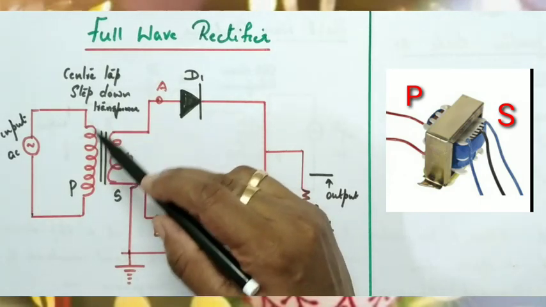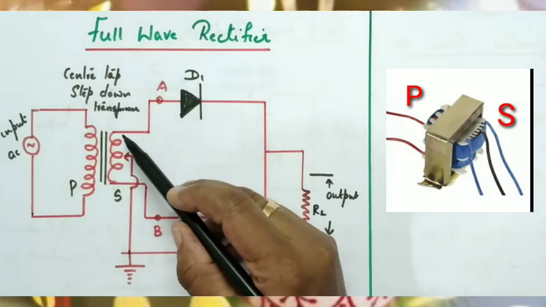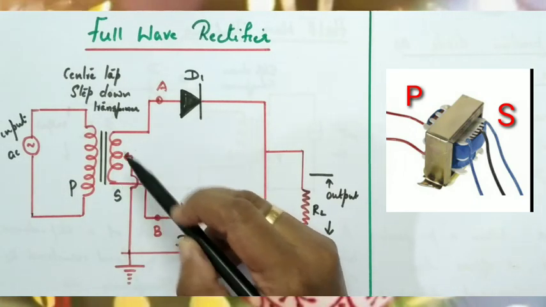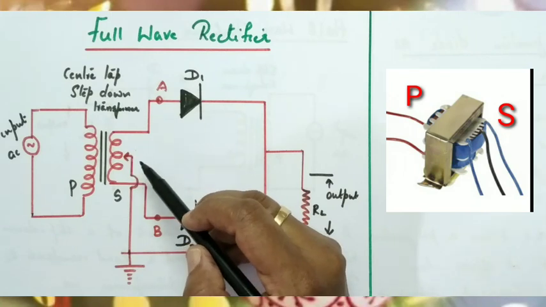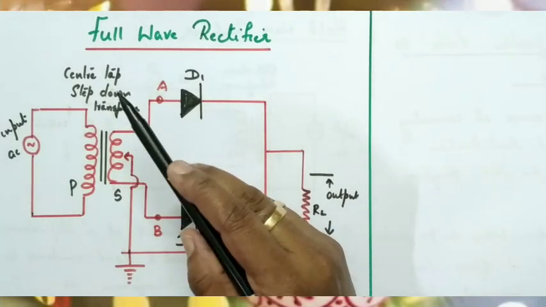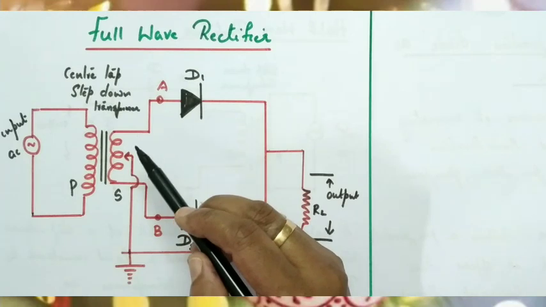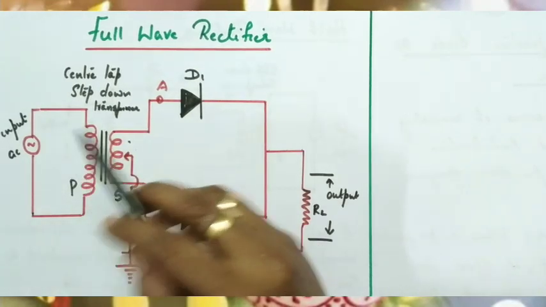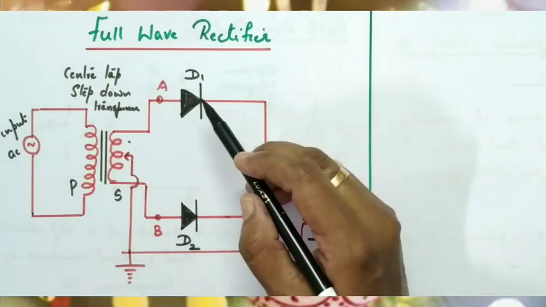So here this is a step down transformer. It consists of two coils, primary coil and secondary coil. Secondary coil consists of three terminals and the middle terminal is called the center tap. That is also used for the connection. Then such a transformer is called a center tapped step down transformer. Why is a step down transformer used? Because its output voltage, the secondary voltage, has to be reduced so that it can be directly given to